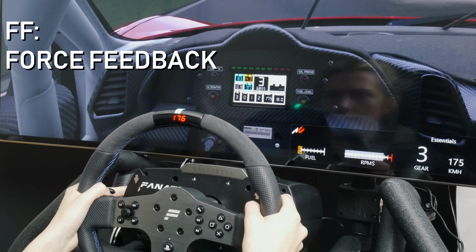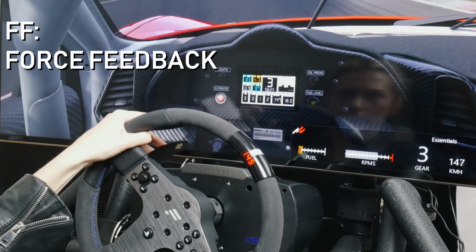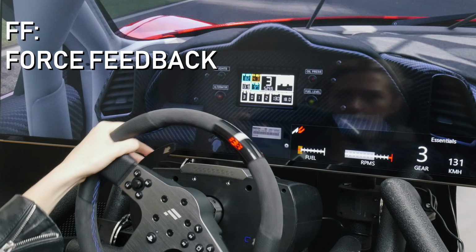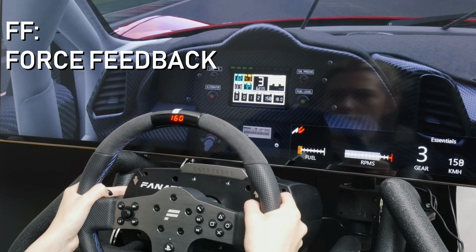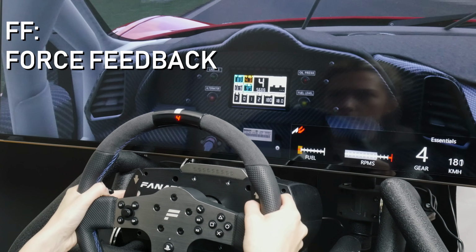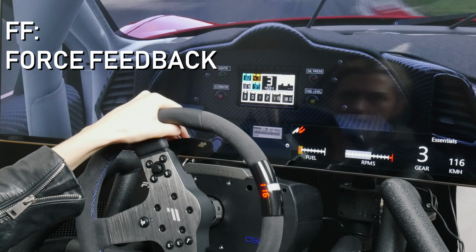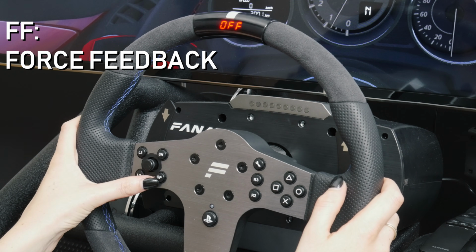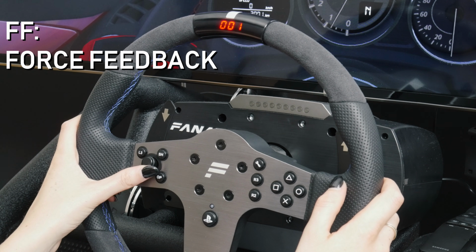The next setting, for most people the most important setting, is the force feedback setting. So the force feedback setting refers to the overall strength of the wheelbase. So it defines the maximum strength of the motor when force feedback signals are sent from the software to the wheelbase. So if you set this one off, there will be no force feedback effect, and you can change the value between 1 being the lowest till 100 the maximum. Personally, I set this to a maximum of 100 and I reduce the force feedback in-game.